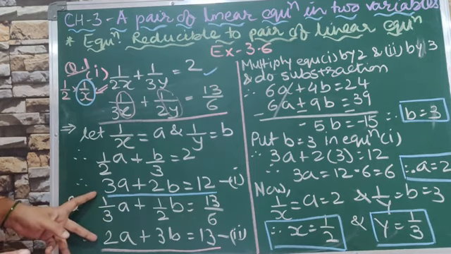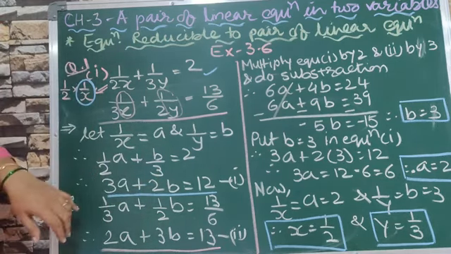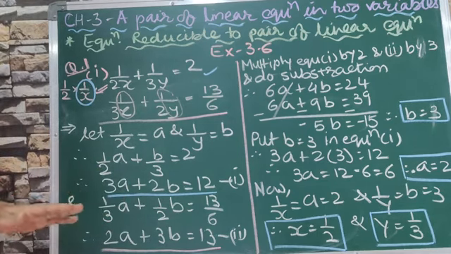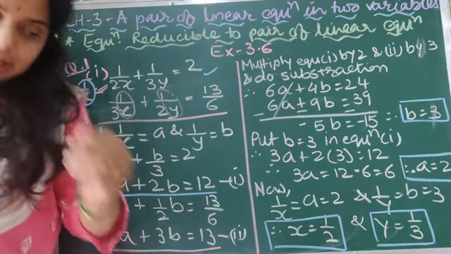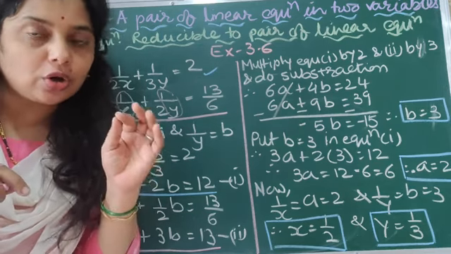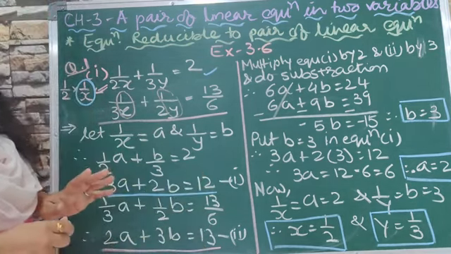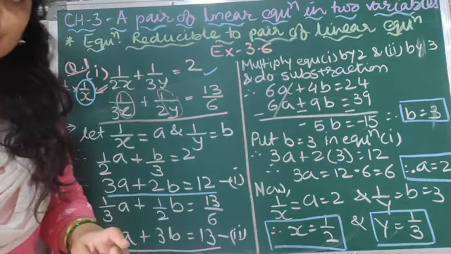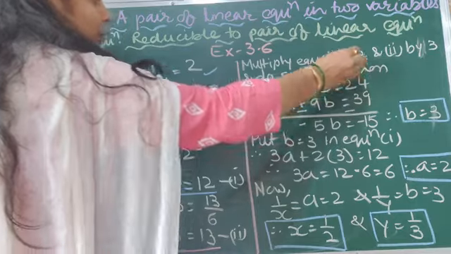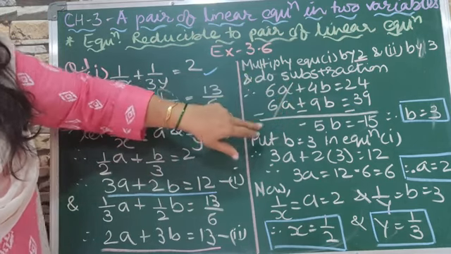Okay. So in short, after getting these two equations which are now in the standard form of a linear equation, it is totally dependent on you to get the solution by which algebraic method. If you want to do the elimination method or substitution method or cross multiplication method, it is totally your choice to solve this equation by any one algebraic method. Here I am using the elimination method, and for that I multiply the first equation by 2 and the second equation by 3, and then I do subtraction.